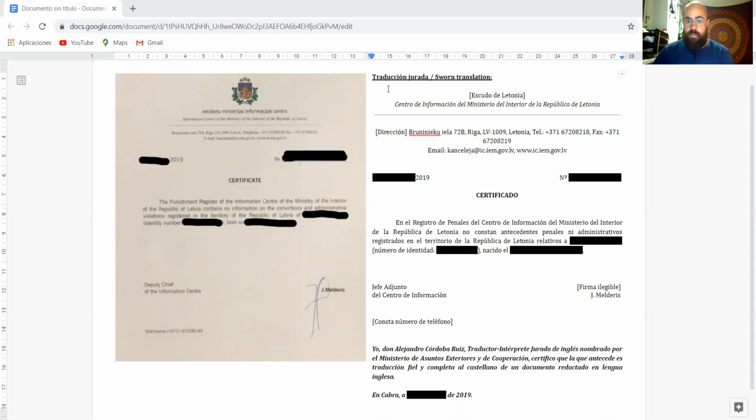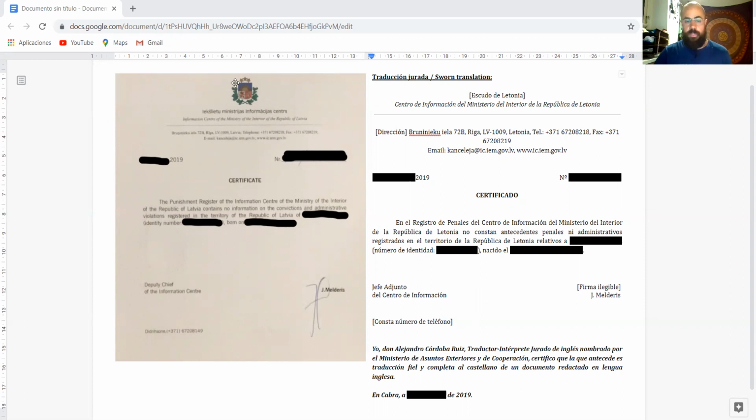So let's start analyzing. As I said in the beginning, this is a sworn translation, and as such, in Spain, they need to start saying that it is a sworn translation. That's why at the beginning you can read traducción jurada, sworn translation, and then you start translating. You cannot just start with the document itself, but you need to start saying that. And at the end, you should include your certification saying that you, as a sworn translator, certify that the contents of the translation are true to the ones in the original language. Okay.